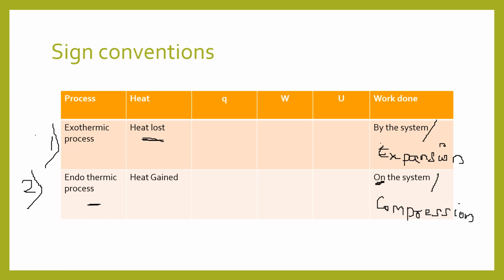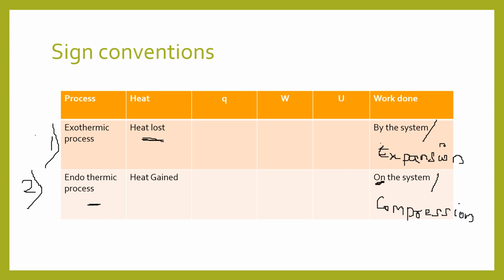Whereas if you ask me to do expenses and my box money is decreasing, I'm not happy, negative, correct? Same way, whenever system gets heat or energy, when system's energy increases, everything is positive. Q positive, W positive, U positive. Okay, whenever system's energy is decreasing in any form of heat or any form, then Q is negative, W negative,